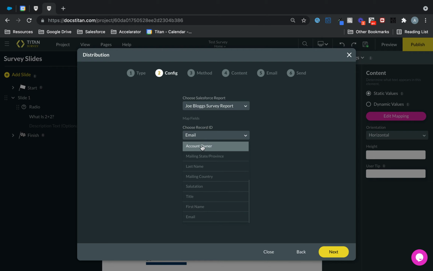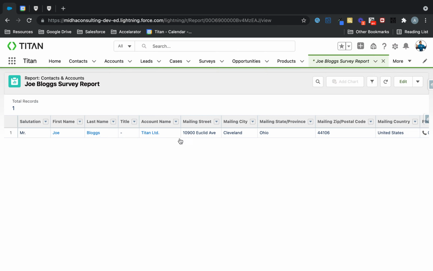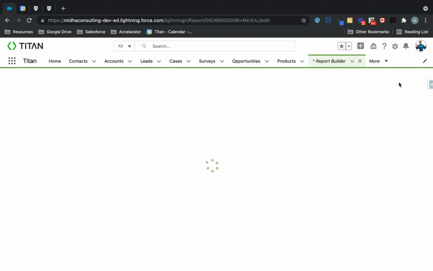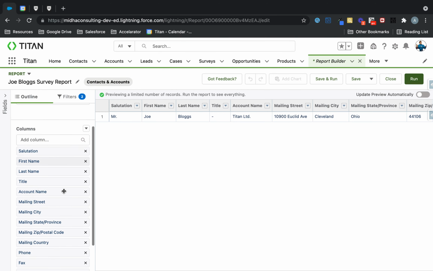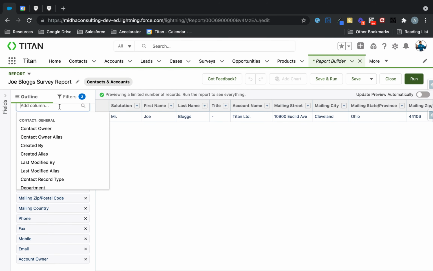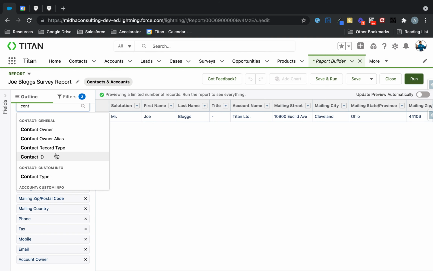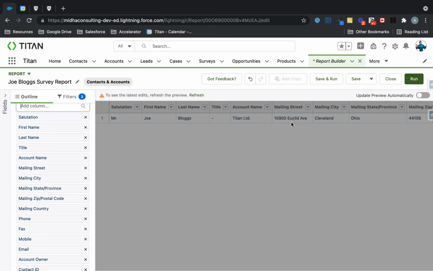And the reason for that is all the fields in here are actually the fields in here. So what I would need to do is actually add the record ID in there. So if I edit this now in the report builder, and let's search for contact ID. Alright, so now if you have a look,